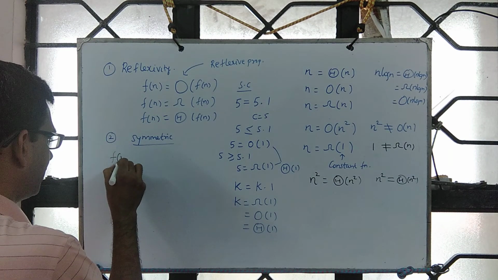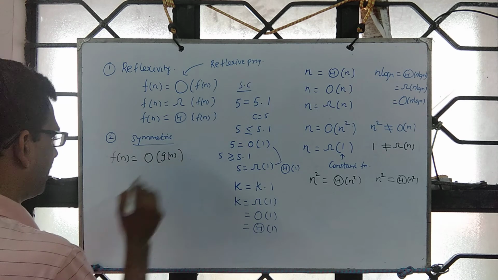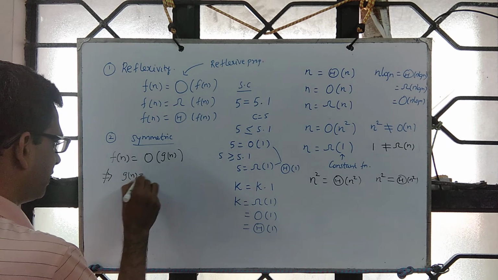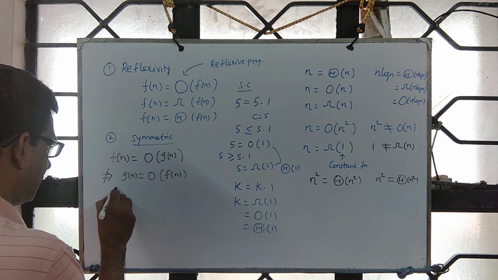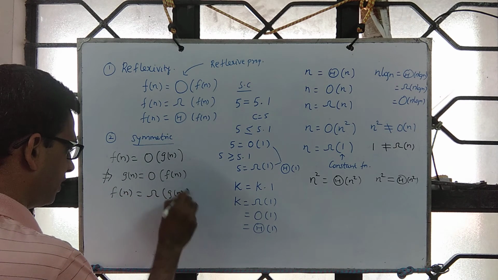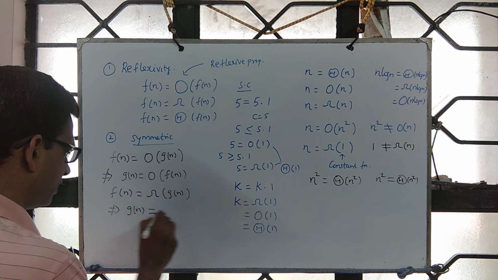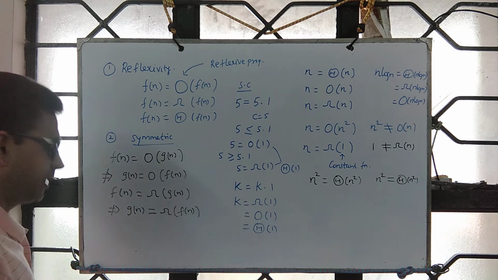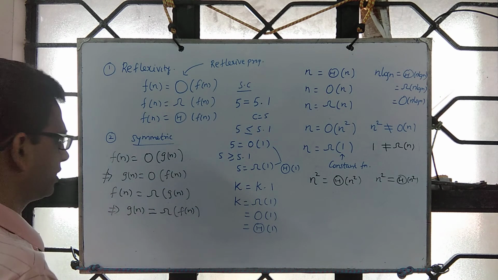If f of n is order of g of n, it need not imply that g of n is order of f of n. Counter example is here. Similarly, if f of n is omega of g of n, this need not imply g of n is omega of f of n, which means symmetricity is not true with respect to omega and big O,